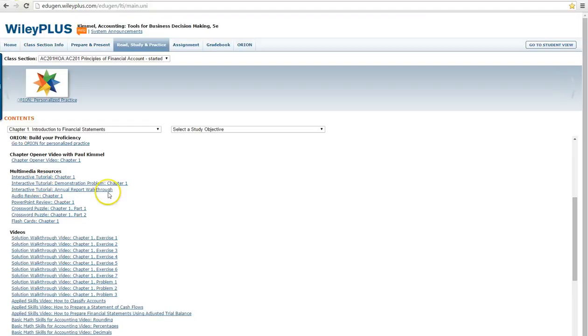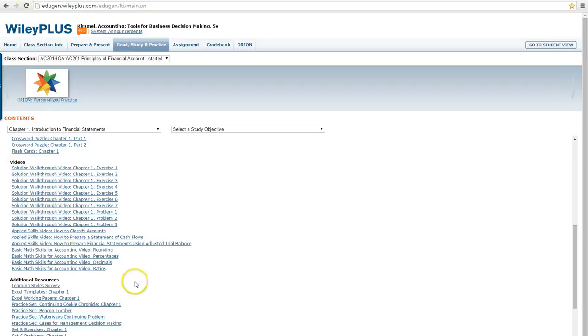There are videos here. Here's the PowerPoints. So we don't post those in Canvas because students can access the PowerPoints here. Crossword puzzles just for fun. Here's flashcards, no sense in you making those. Here's an audio review if they want to listen to it in the car, sort of thing. Here's more videos. These actually are connected with certain exercises and problems. Just heads up though, this does not mean that this video pertains to exercise 1. It's just the first video